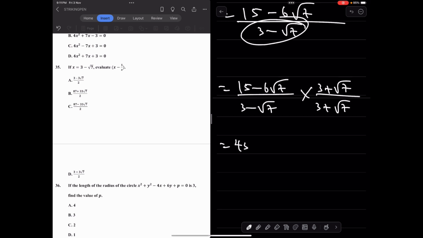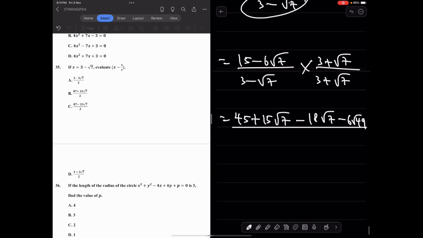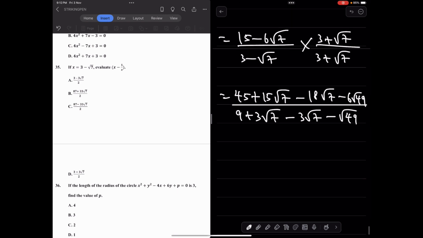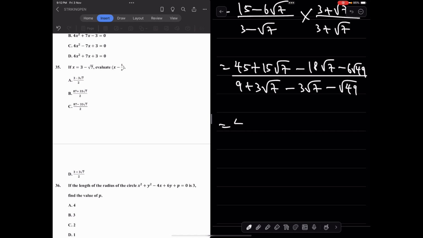That will be 45 plus 15 root 7 minus 18 root 7 minus 6 root 49. And the denominator will be 9 plus 3 root 7 minus 3 root 7 minus root 49. And that's the same as 45. 15 root 7 minus 18 root 7 is minus 3 root 7, minus 6 root 49 is the same as